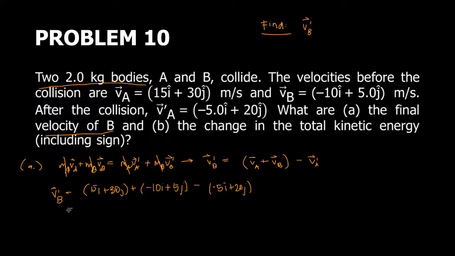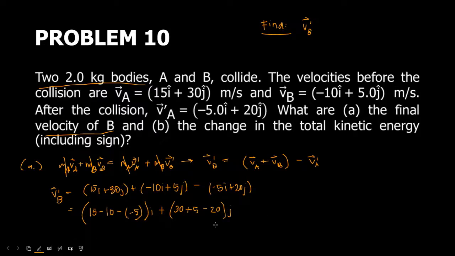So combine lang natin ng like terms, that is gonna be 15 minus 10 minus negative 5i plus 30 plus 5 minus 20j,